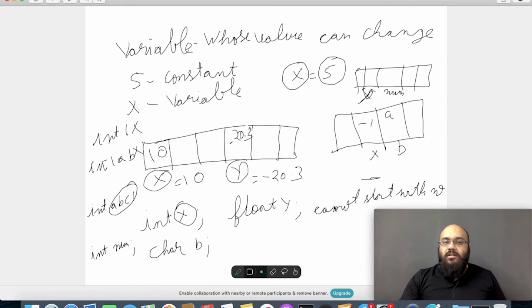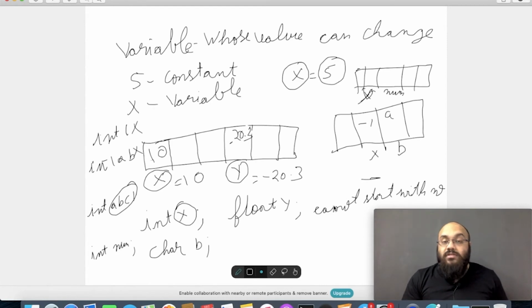So this is done with variables and constants. At the same time, there is something called keywords. There are certain keywords like auto, break, and so on. Again, all these keywords will be given to you in notes. You cannot use these keywords as variable names because they are predefined, and the compiler will get confused.